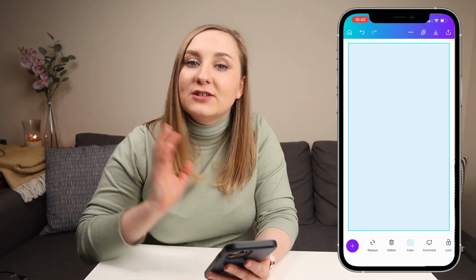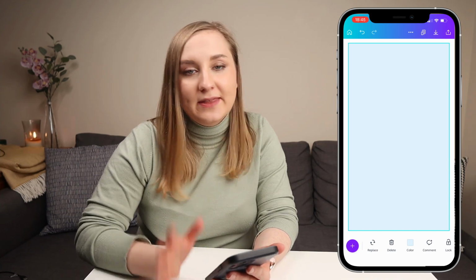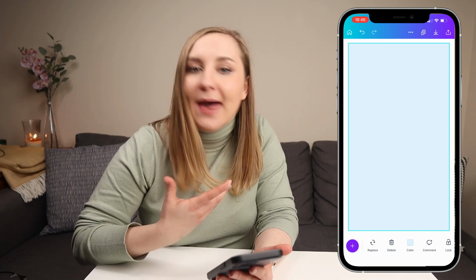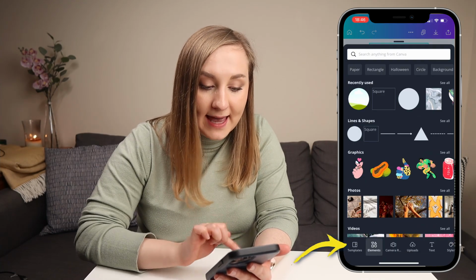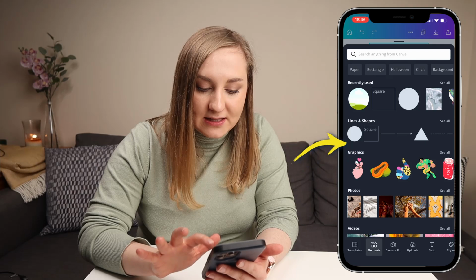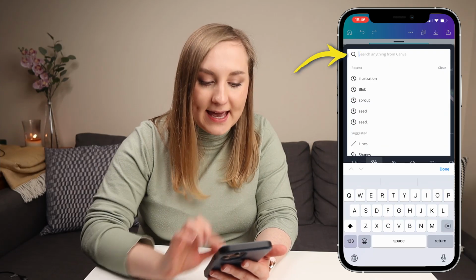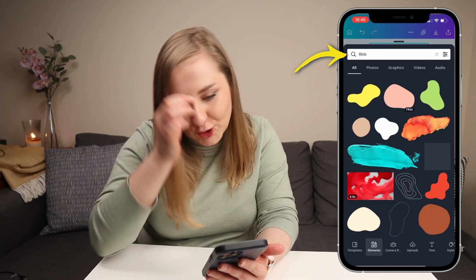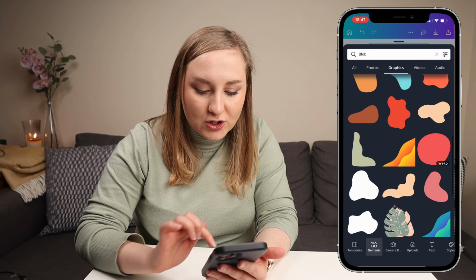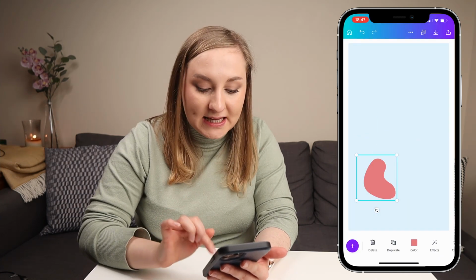Of course, this is just a plain color. This can be created easily from within the Instagram app. So how do we make it more interesting? If you click that plus sign down below again, you have some different lines and shapes that you can use, or you can search for a particular element. And in that case, I'm going to go for a blob. This is something that I go for more often than I should probably. So I'm just going to choose, let's say, that blob, and you can see that it's selected immediately from here.